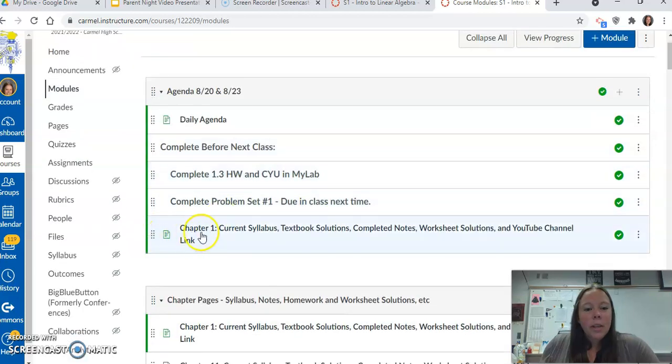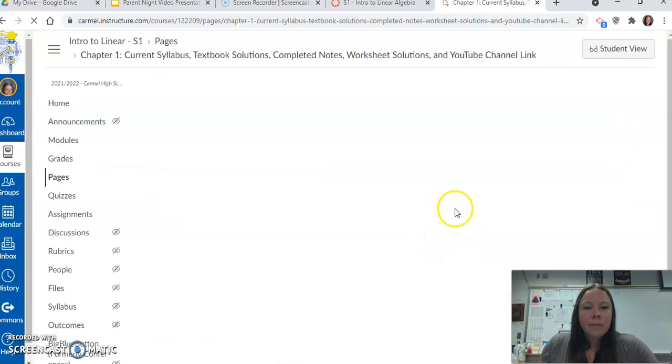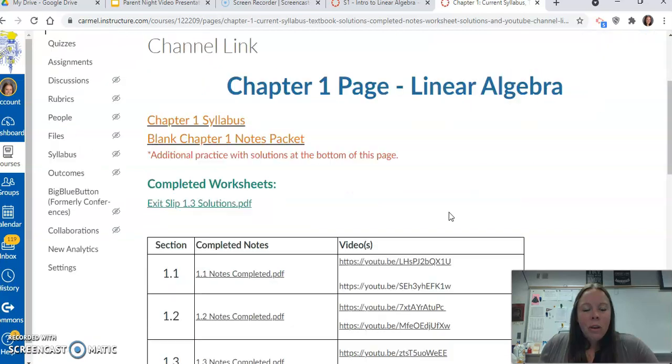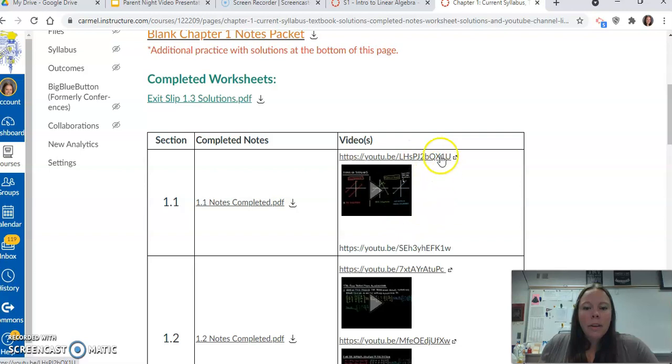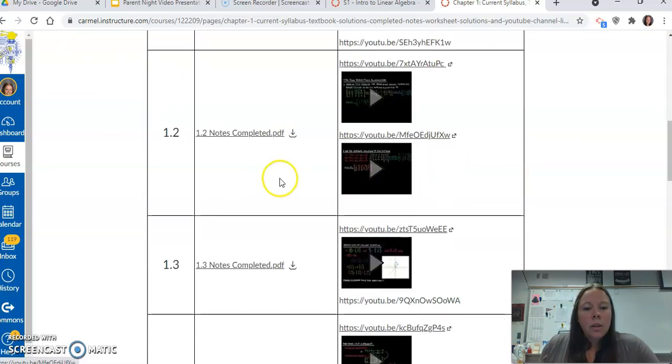Now also in this chapter 1 page, next to the completed notes, let's see if it'll let me click on it. It takes a little bit of time. So what I've done is next to the completed notes, if they want to, I found a good professor who had some good videos, so I've just linked up a video if they would like to watch the lesson on YouTube. So if they ever miss class, or if they just want to hear somebody else explain, that's